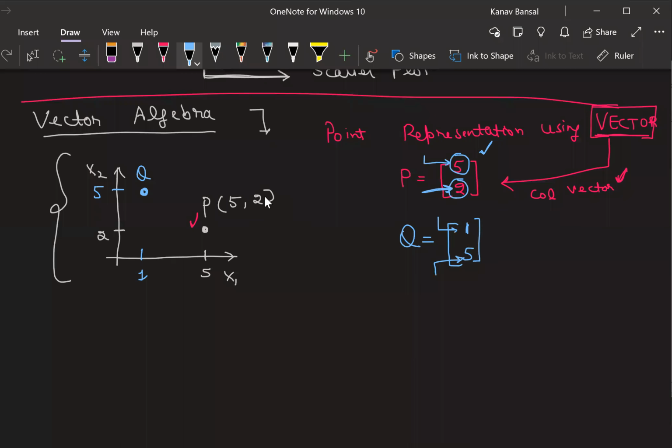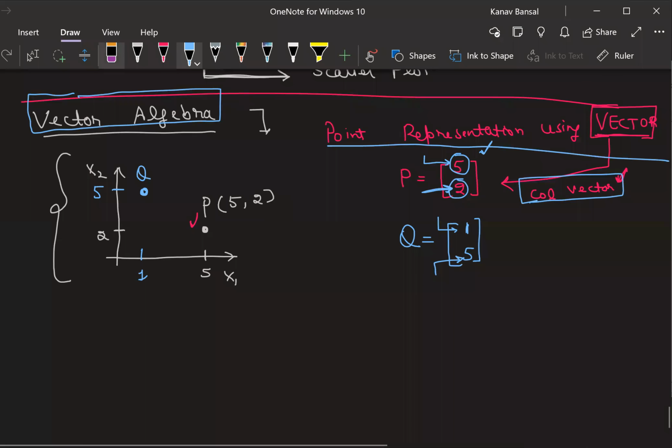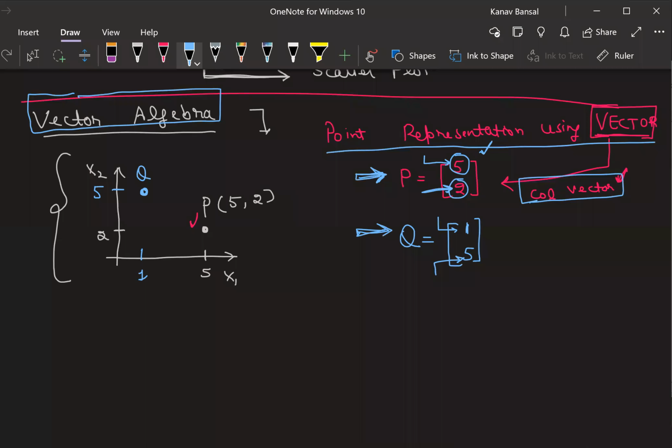Yes. So Avanish has a very good question. The question is why only column and why not row? This is the default representation that people generally used when they came up with vector algebra. Because of this representation, all the mathematics, all the formulas that you use in vector algebra will work if and only if you take this P as a column vector. If you represent P or Q or whatever point you have as a column vector, then only this entire calculation will work.